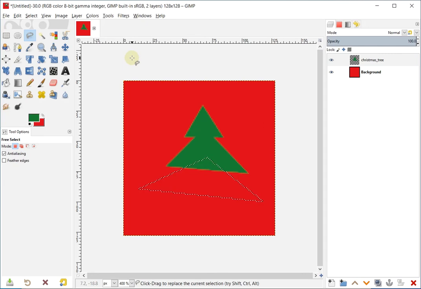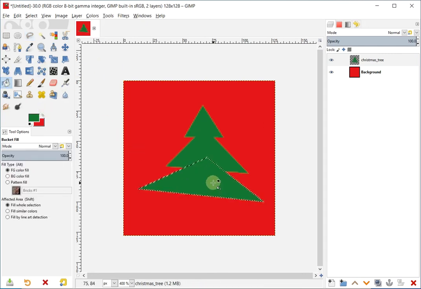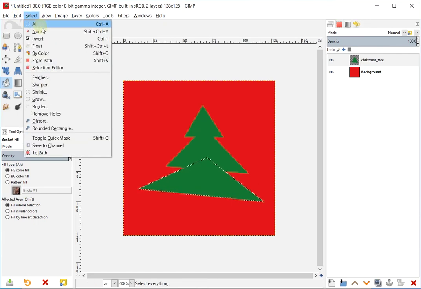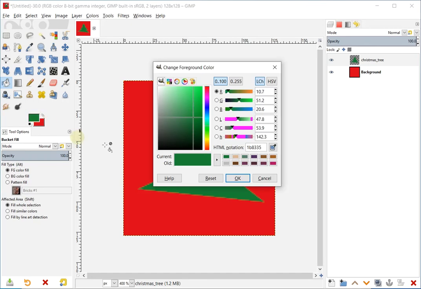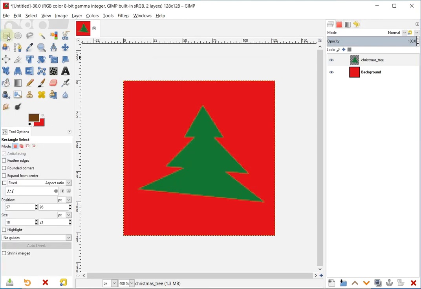Hit enter to select it, take your fill bucket and boom. Right, deselect that, select none. Next we want our tree trunk, so let's get a colour for the tree trunk. I've got a nice brown colour here and it's 6B3D16. A tree trunk kind of looks like a rectangle, but because this is offset and we're creating it all